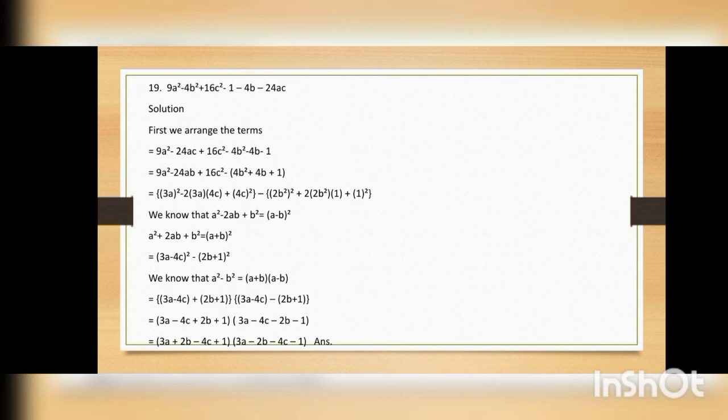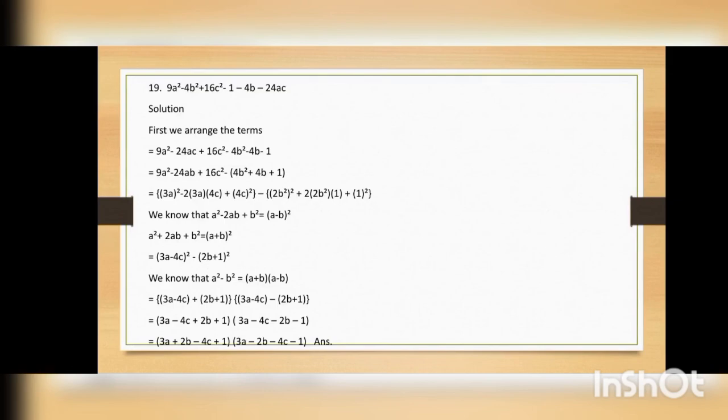In the second step we have written the first three terms as it is, and in the next three terms we have taken minus sign as common, and the remaining terms are in this bracket, which are 4b^2 plus 4b plus 1. You all know how to take common, you are fully aware of this. Now in the third step we have just written these six terms according to the left hand side of the formulas.